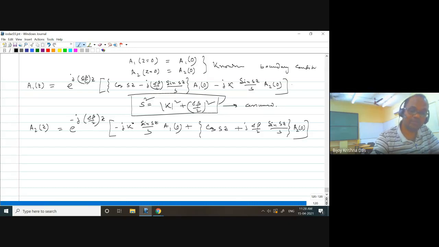So let us consider this is equation number 6, this is equation number 7, and this is equation number 5. Equations 3 and 4 were there earlier, we assumed 5, and with 6 and 7 you are getting A1Z and A2Z. So you have solved this, and you now know that if your initial mode amplitude, field strength, is defined by A10 and A20, then as it propagates you are supposed to get some kind of coupling.